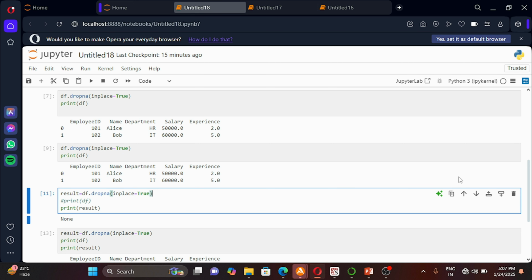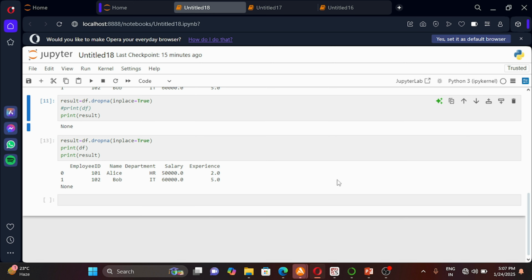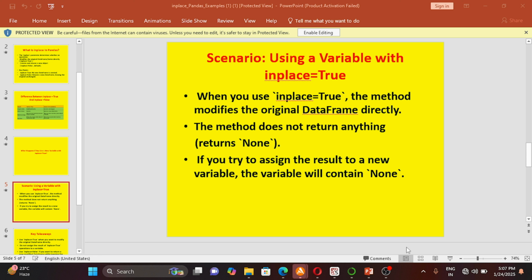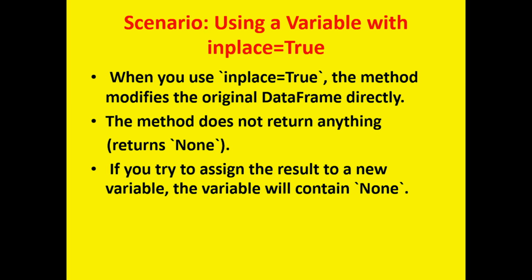There is no new data frame created. Just to show you the difference here, if you attempt to use the variable with inplace equal to true, what will happen? As you can see, this is the result of a new variable. It would be none. So I hope the scenario is clear, right? Let me complete this.